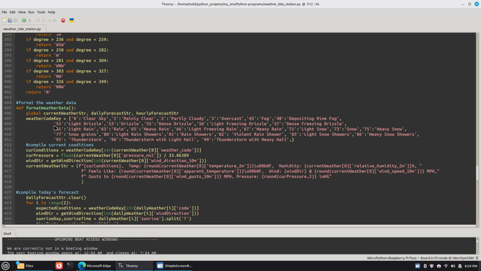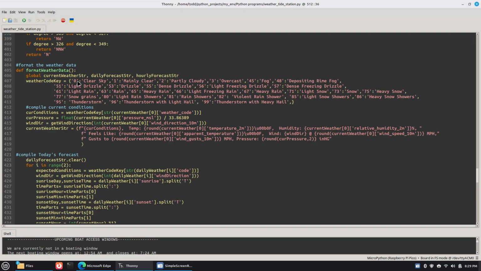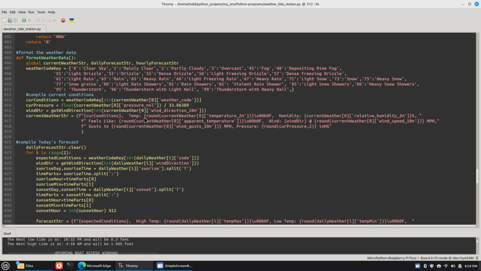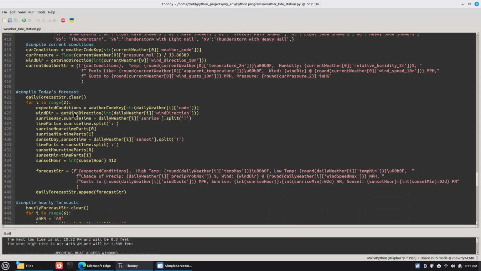And then here's the format weather data function. It does both. First, there's a key, the weather code for what the weather is now. I created this key, or dictionary, I guess it is, that I could query so that when I get a code, I can get the actual meaning of that code. The current conditions just come in a file. So I copied that into a local variable up above, and then create a string that prints out below, that you saw. Today's forecast takes a little bit more